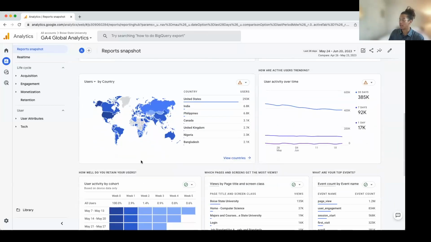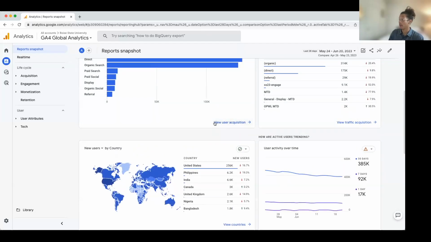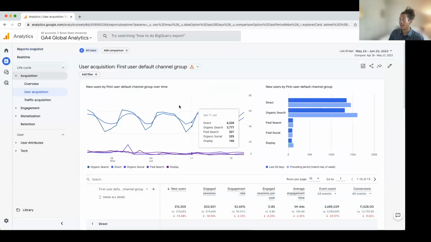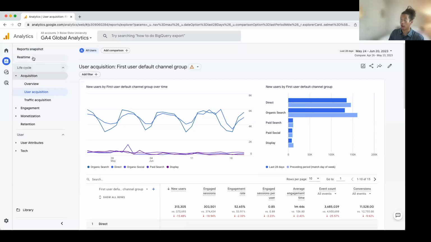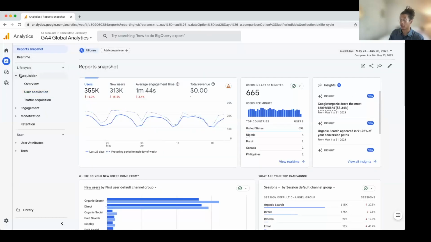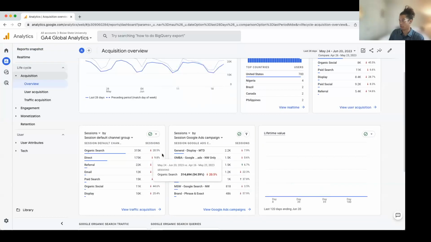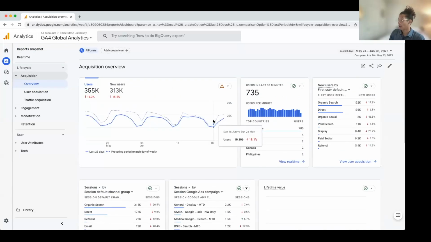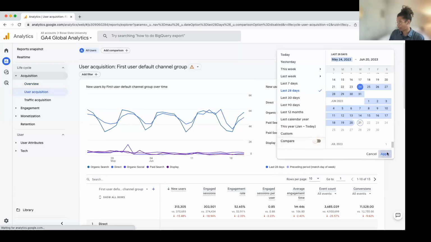Everything we see on this page we're able to edit, to either new users or returning users, but these blue links here will take us to the actual reports. That's going to be where we can see everything in a lot more detail. We're able to get to that by just coming down here, going to acquisition, and then going to either user or traffic acquisition. Overview kind of gives us the same thing, just with our acquisition metrics here. But let's get into one of the reports, starting with user acquisition. I'm going to turn the compare back off.